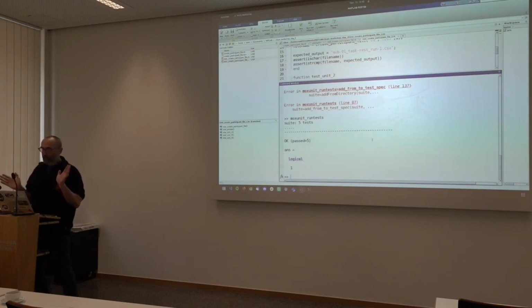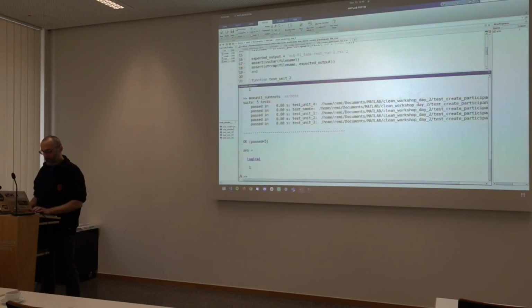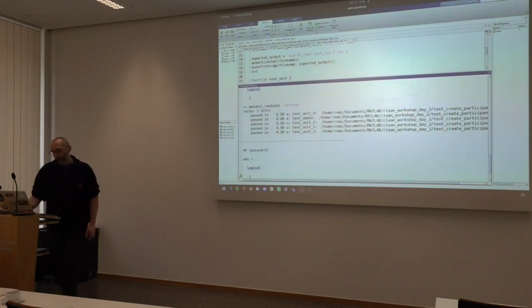So right now, it's kind of easy because we only have 2 files. We could have done it manually. The more tests you write, the more impractical it becomes to run them manually. So having this kind of function is useful. Another thing that you can do is start passing arguments to this, so you get a bit more information about what is happening. If you have a verbose mode, it will give you the list of tests it's running and whether the test passes or fails. It will also tell you how long it takes for the test to run.